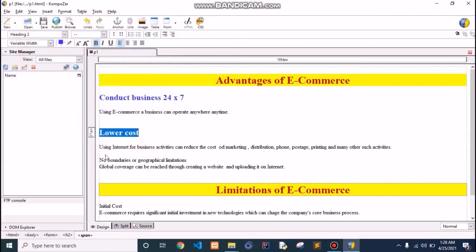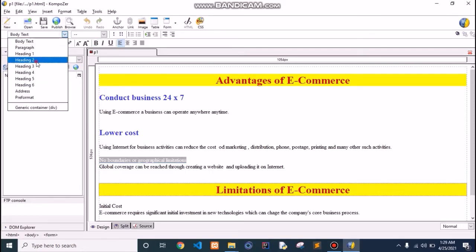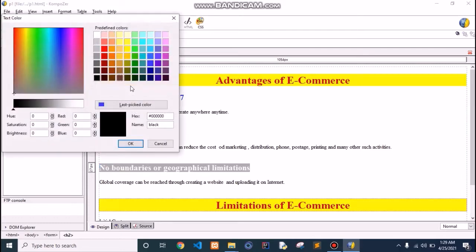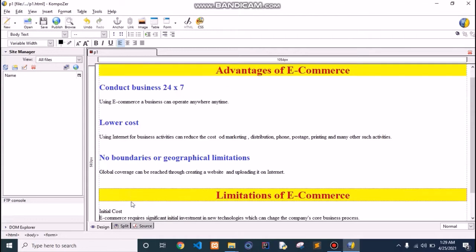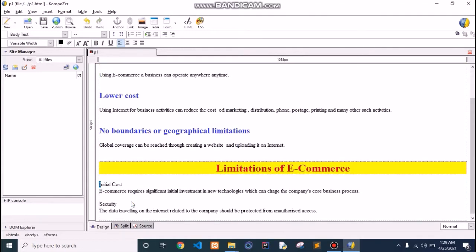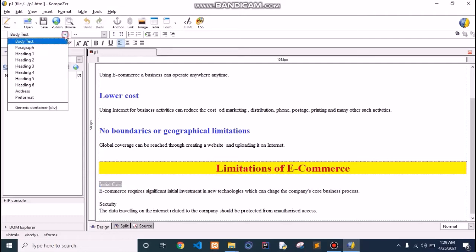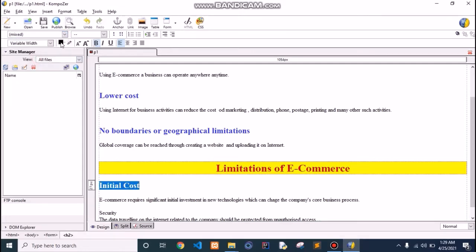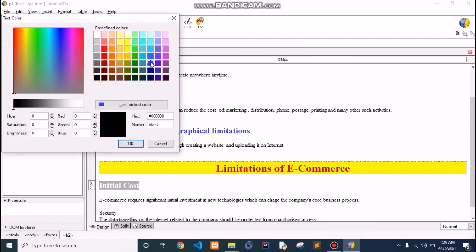OK. Heading 2, blue color. Heading 2, blue.